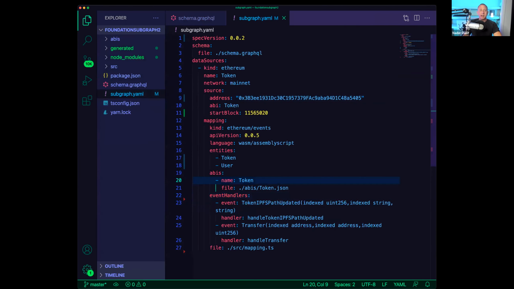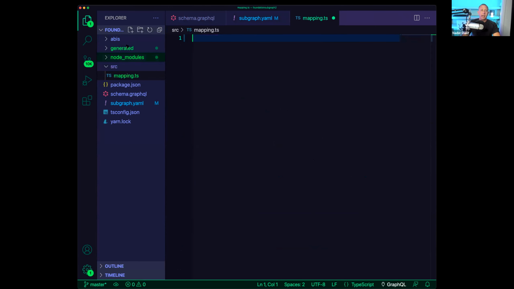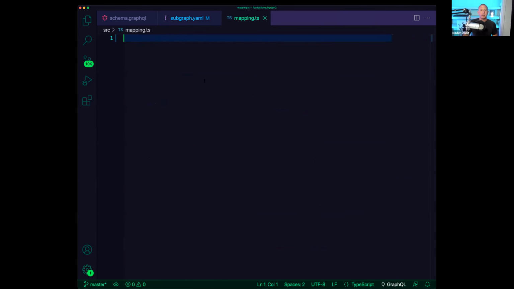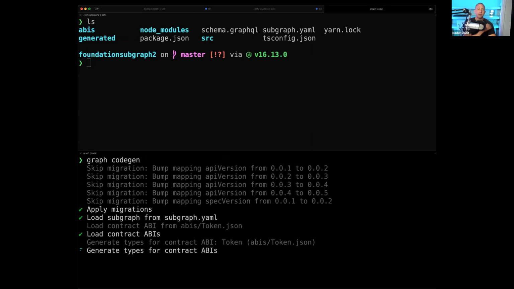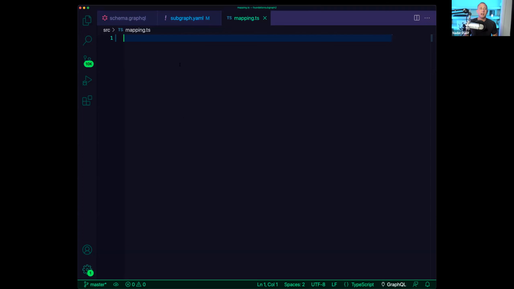So where are these two event handlers living? They're going to be living in this src/mapping.ts file. There's a lot of boilerplate code generated for us here, but we can go ahead and delete that. This is where we're going to be writing the business logic to handle these two events. But before we do that, we can actually use the Graph CLI to generate some code that will help us out there. So if I go back to the terminal and run graph codegen, this will introspect our GraphQL schema and generate some code that will be helpful for us. What is that code going to do? Well, there are two things that you're going to be doing in these mappings.